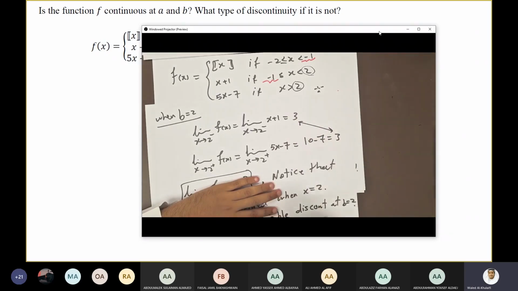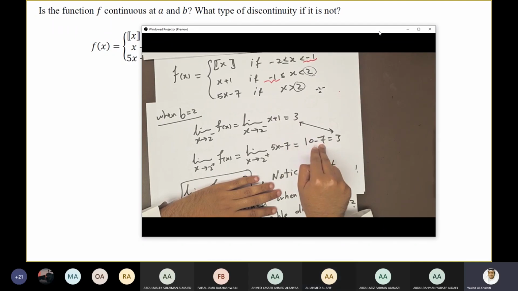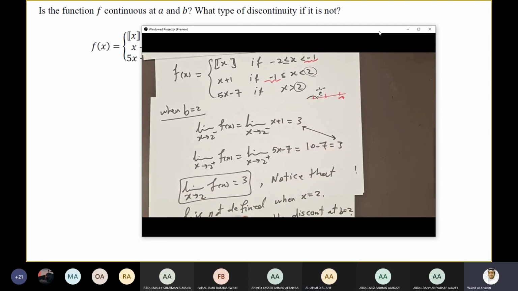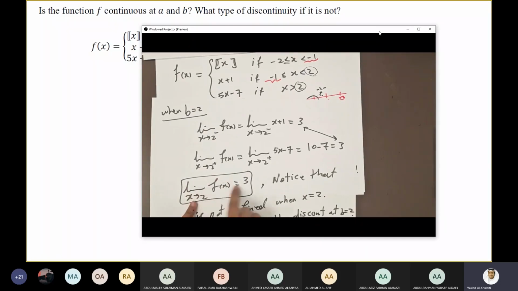I just want to correct what you said here. This is not enough to say removable. The function is not defined, or it could be defined, but the value of the function is different from this limit, 3 for example. Okay? Fine. Now, the second part of your question, infinite means when you take the limit, you will find it equal